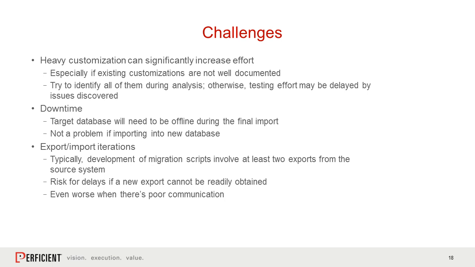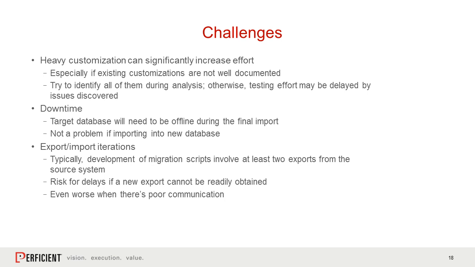It's pretty difficult to come up, without seeing the data, with a perfect process for exporting it. So you're usually going to see at least 2 exports required from the source system. So you need to plan that out with the owner of the data because of their turnaround time, their resource availability. You need to keep this in mind,